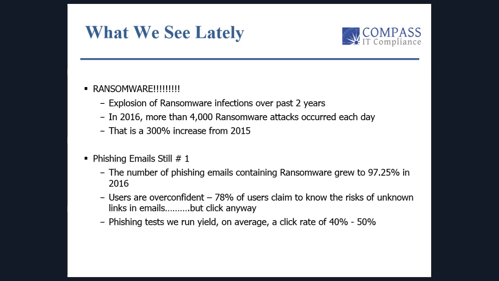We do see that people are aware of phishing, yet a bit of overconfidence, I think, is taking hold, because people will still click. They know it's a bad site, and they click, and they want to make sure it's a bad site. In some cases it might even be 2 clicks or 3 clicks. It really is wild. Phishing tests we run, on average, we're seeing a click rate of 40 to 50%. So you're sending out 300-400 emails, you're getting 200 clicks. That's a pretty significant amount.